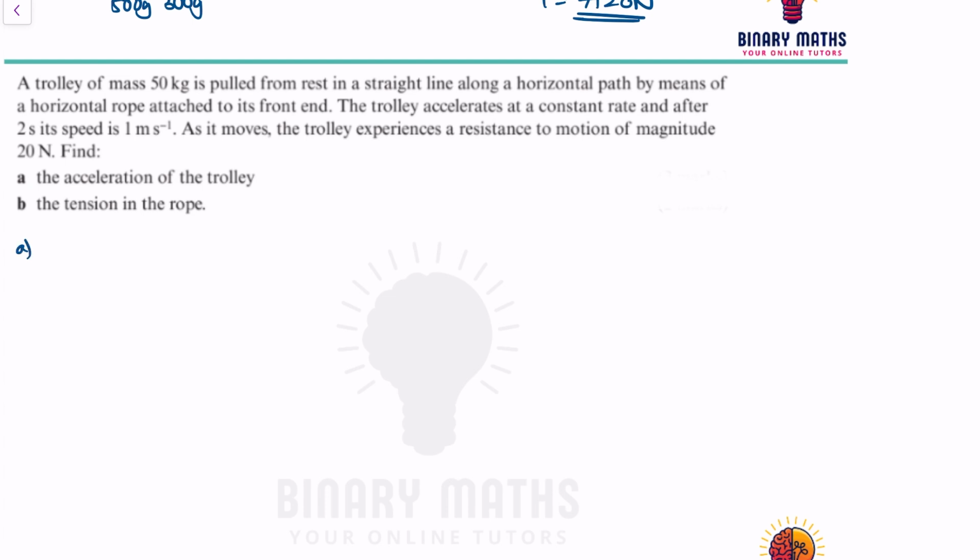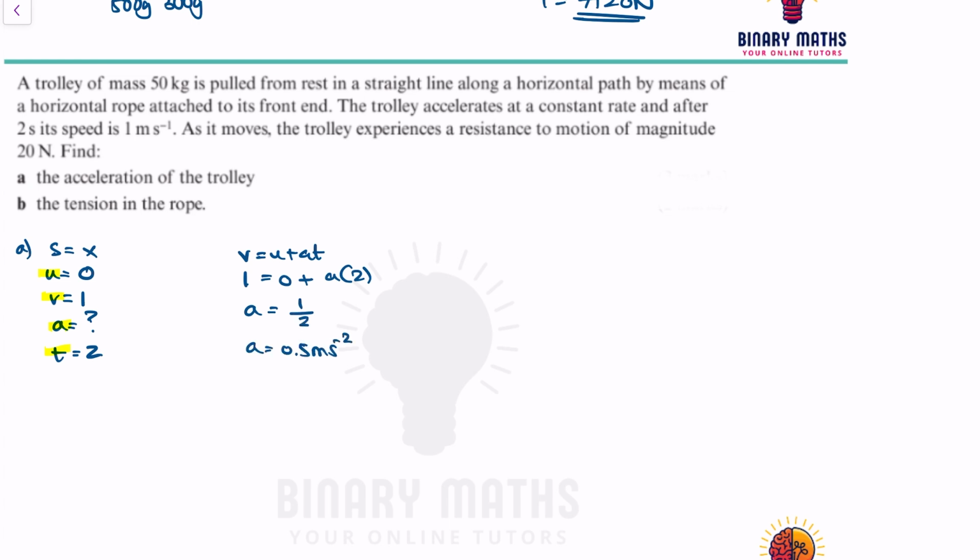So we need to do a SUVAT first to work out the acceleration. We don't know the distance traveled. It starts from rest, so u is 0 meters per second. Final velocity is 1. Acceleration is what we're trying to find out. Time is 2 seconds. So V is equal to U plus AT, which means 1 is equal to 0 plus A times 2. So A will be equal to 1 divided by 2, which means A is equal to 0.5